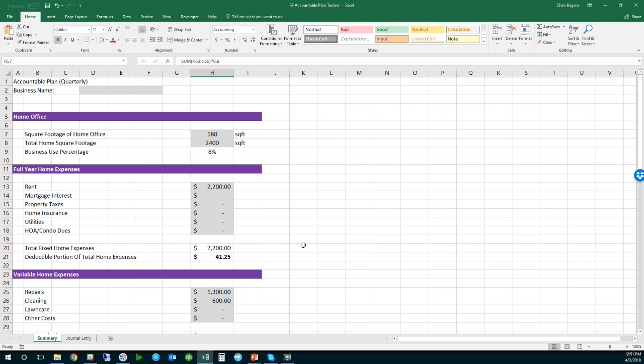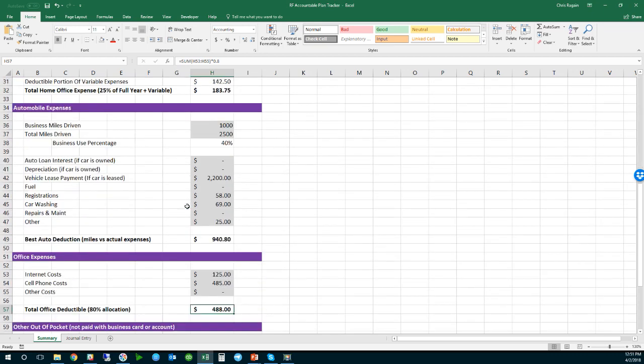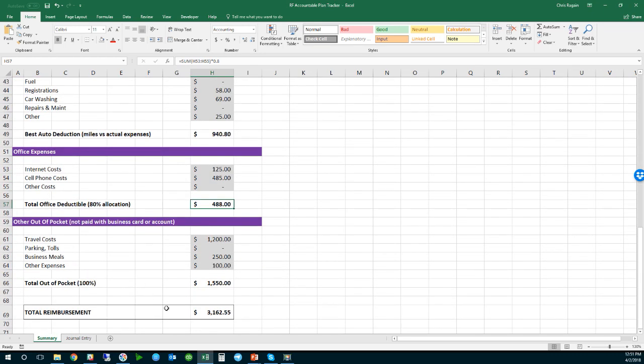Now, in the next couple of slides, I'm going to talk about home office and some automobile things, and then we're going to get back to how to actually present all this to clients. So just hold your questions for a second. I know there's probably several on this. I just wanted to go through the spreadsheet quickly and show you the actual spreadsheet that gets filled out at our firm, and then we're going to get into some of how you make all this happen in some later slides, okay? I'm going to move on now and chat a little bit about the home office.